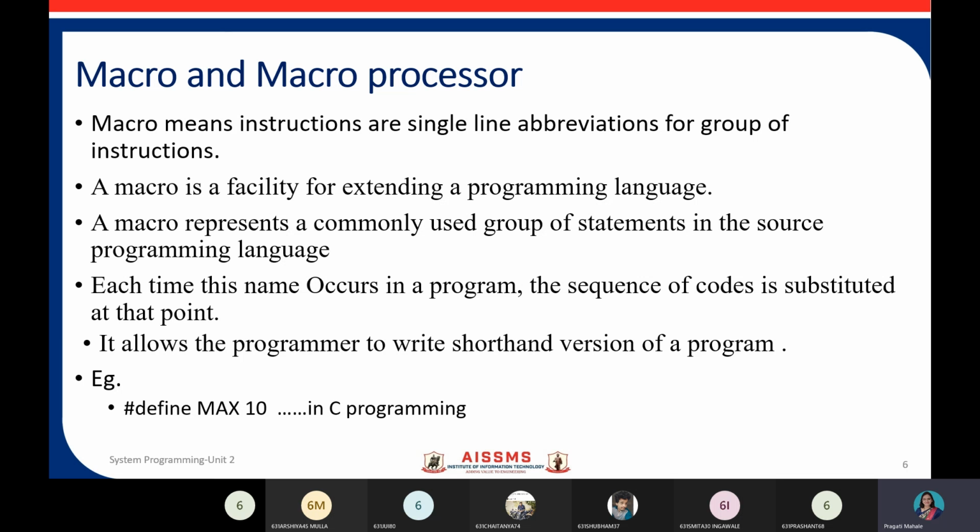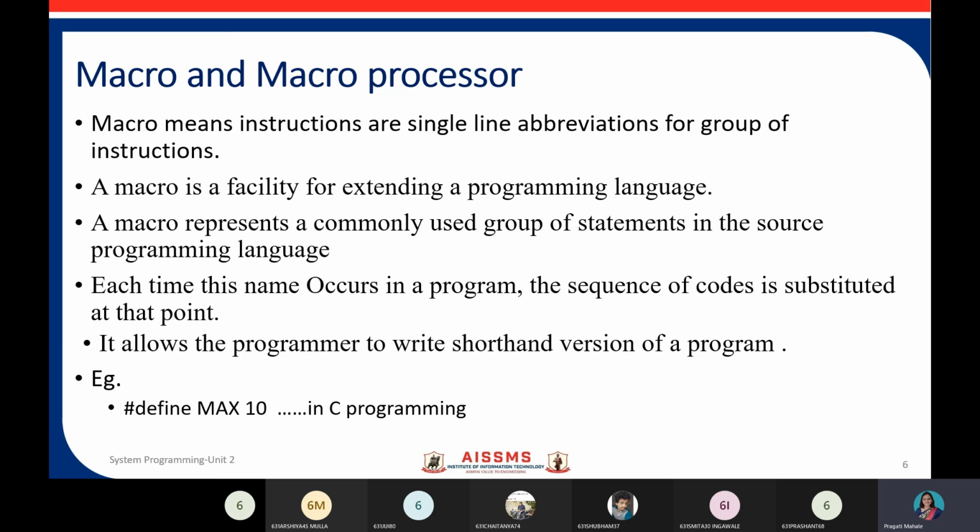When a language does not support a built-in macro facility, a programmer may achieve an equivalent effect by using generalized preprocessors or certain software tools like AWK of Unix. So we can also have software tools used to provide this facility of macro if there is no built-in macro facility, right, friends?